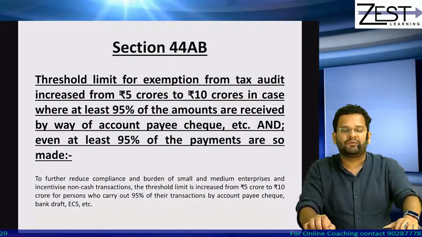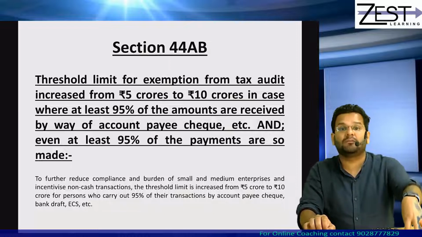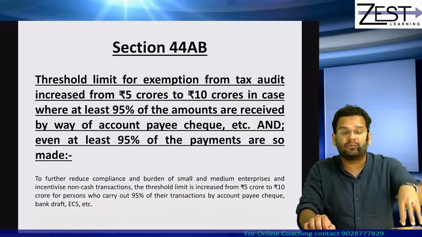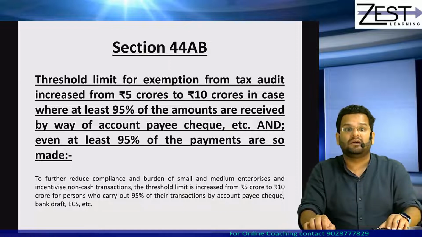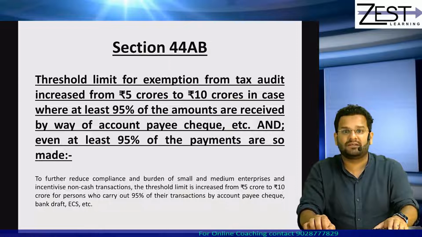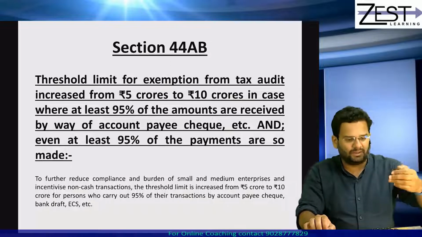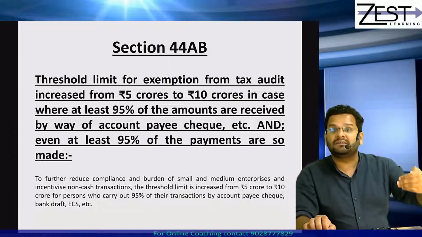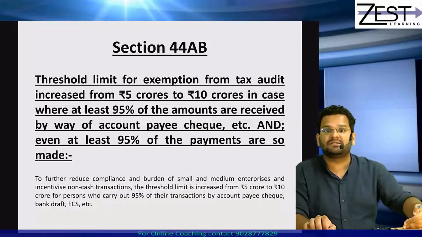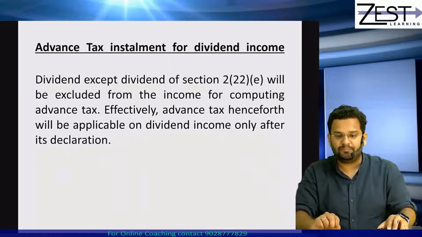Okay, means as an individual or as a firm or as a company, I don't have to worry about getting my tax audit done if my amount is within these limits, correct? So this is the amendment. Amendment is that earlier this threshold limit was 5 CR, now it is 10 CR. Okay, then